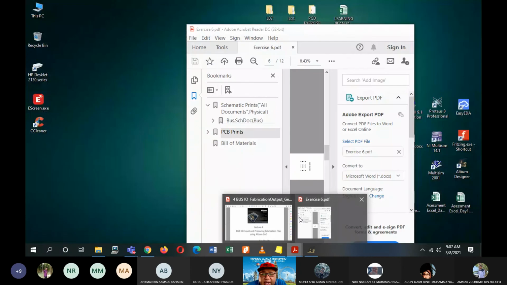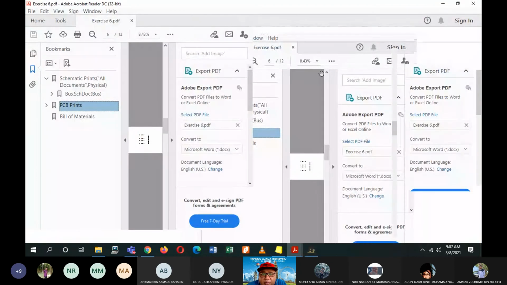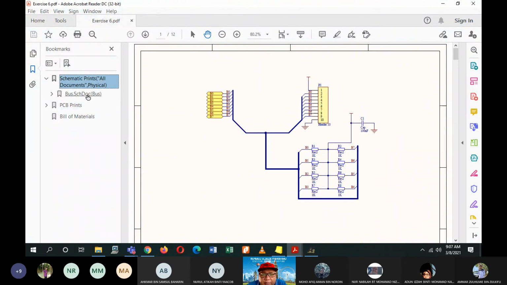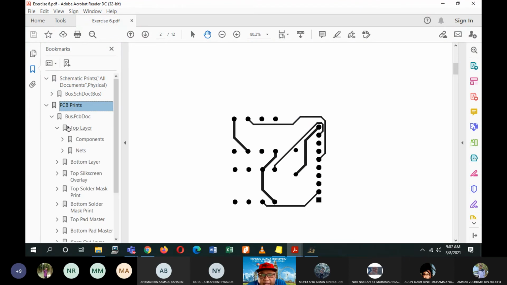From this file, when they open it, they get all of this: the schematic print, how the PCB looks, where to drill, where to place the connections between the components, the ground, the wire size, everything is in here.